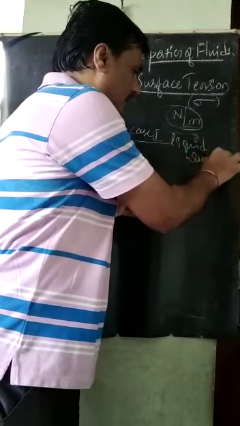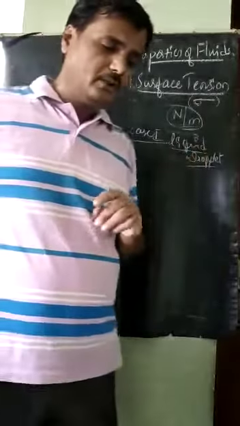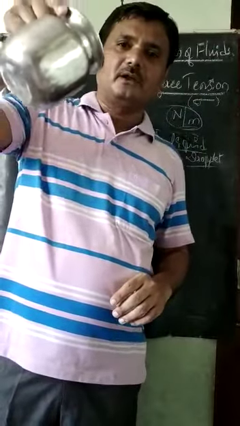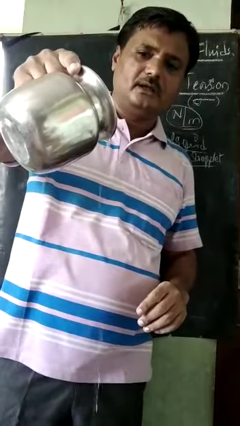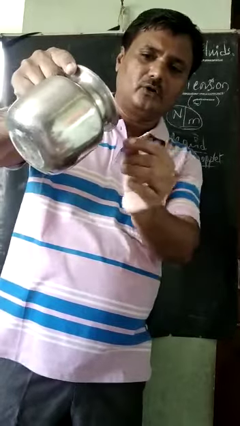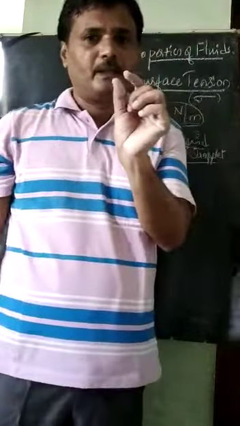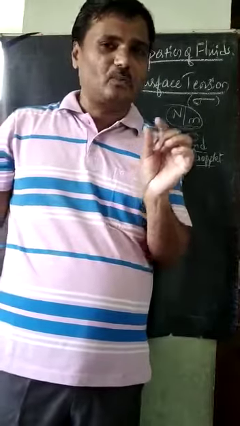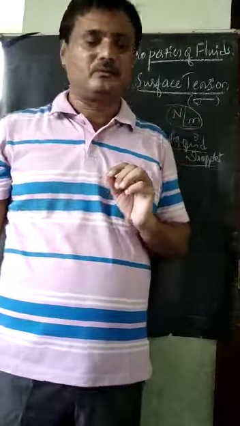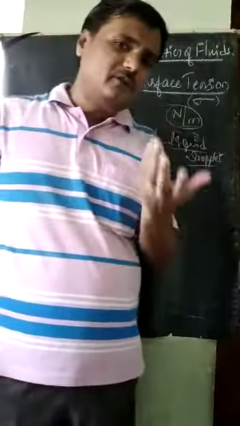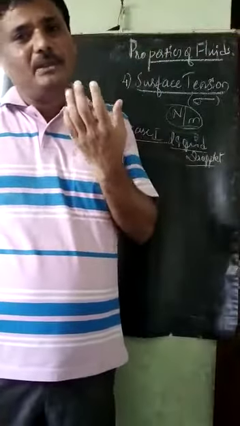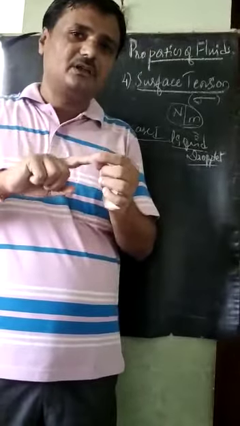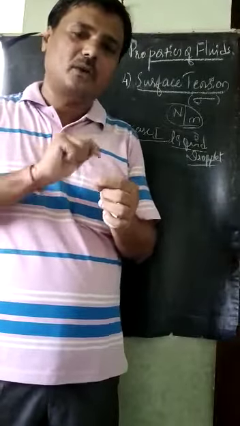Liquid droplet, water liquid droplet. If I move the water slightly like this, the water droplets are there. The water droplets are almost in a spherical shape. Correct? Like rainwater, it is almost in a spherical shape. So why is it a spherical shape? Because outside the droplet there will be air, and inside the liquid droplet the liquid will be there. If it is water, water will be there.